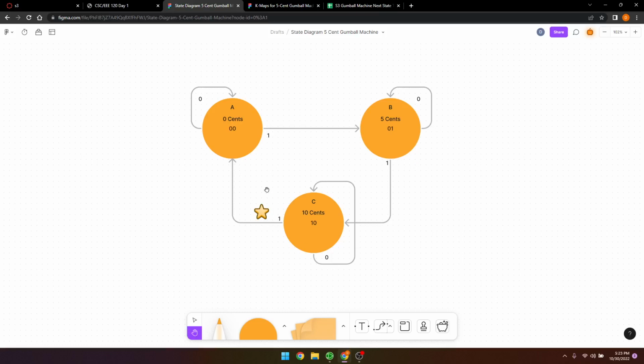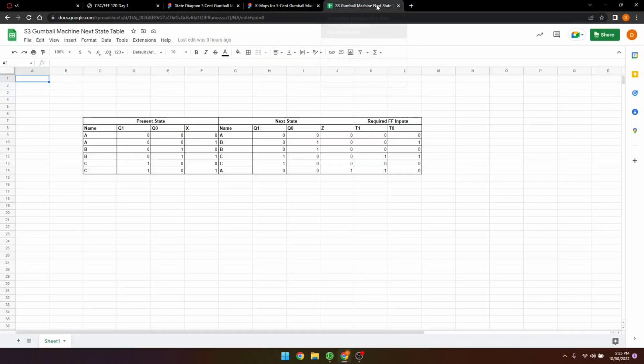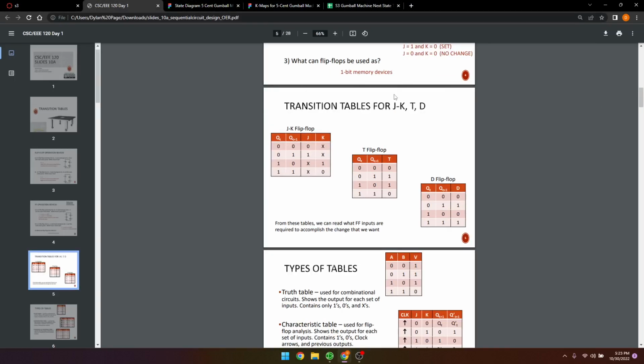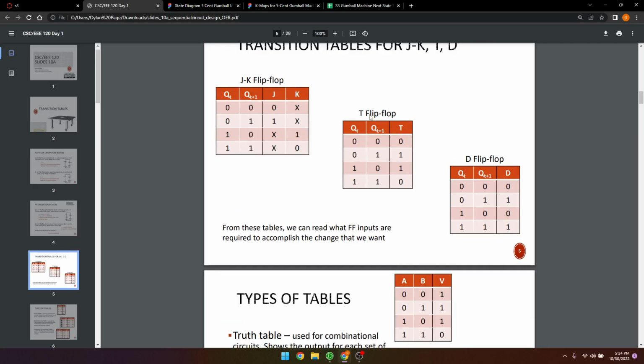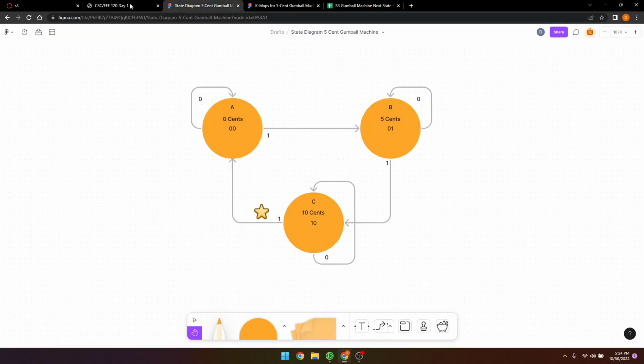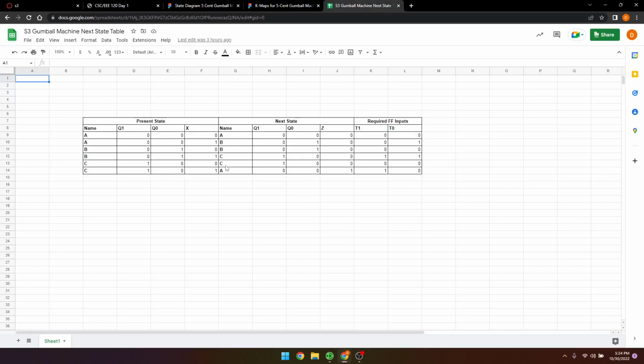And so I started off by making this state diagram here, and then with this state diagram, I created this next state table, but I also had to choose a transition table. In this assignment we were instructed to use a T flip-flop, so I just chose this T transition table here. And with this transition table as well as the state diagram, I created this next state table using Excel. And this basically is what I used to then come up with my Boolean equations for my